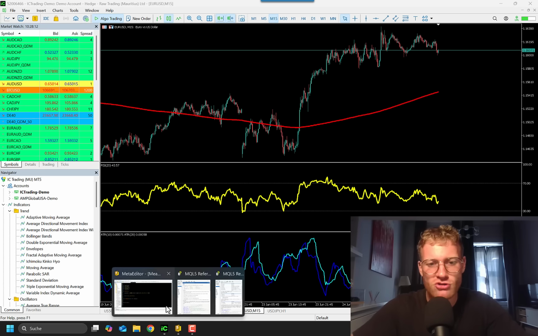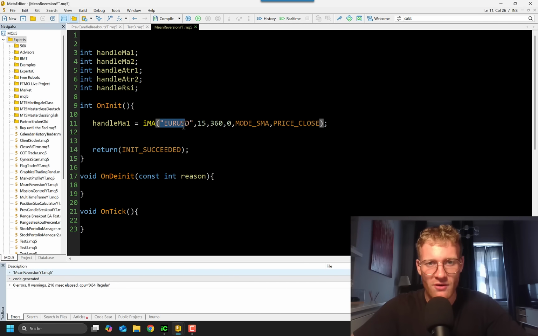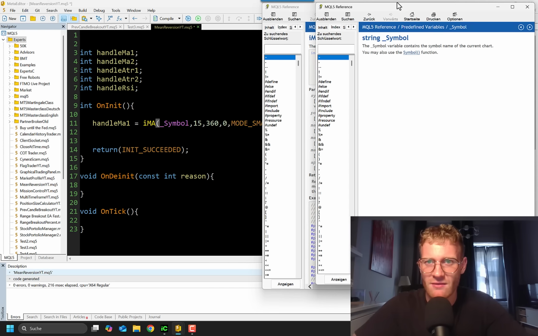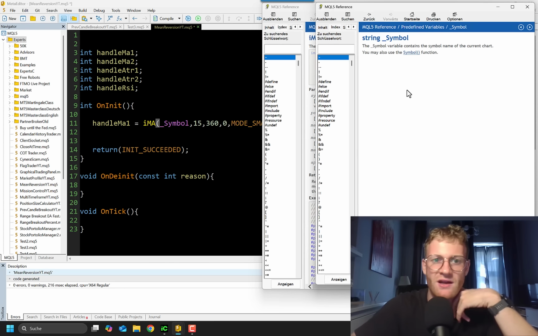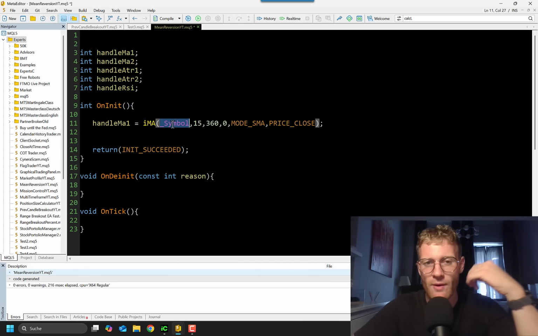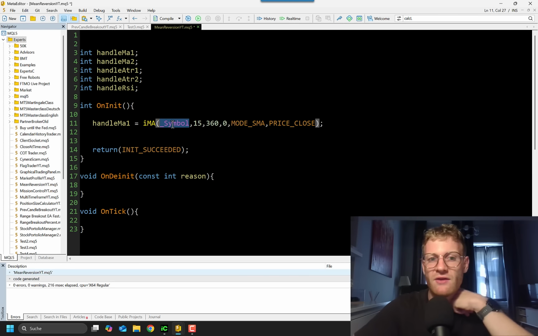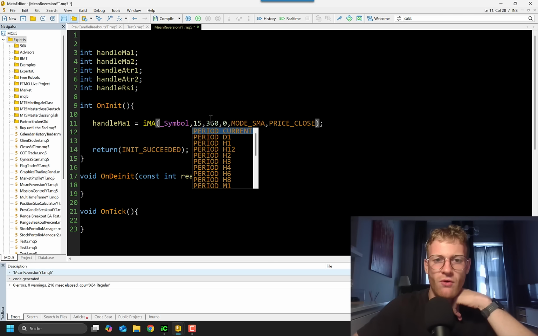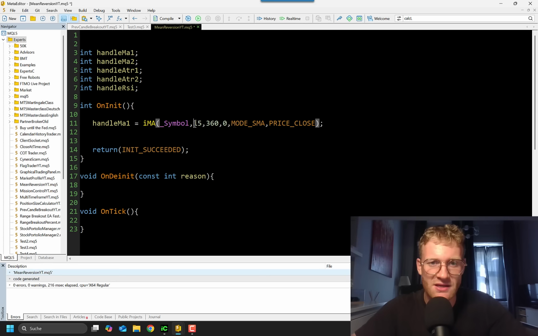And this can also be done in the programming. Instead of hard coding euro US dollar here, we can write _Symbol, because if we have a look at the reference again, click F1, the _Symbol variable always contains the symbol name of the current chart. So if we run this in euro US dollar, for example, _Symbol will be replaced with euro US dollar. If we run it in USD Japanese yen, it would be USD Japanese yen. Same goes pretty much for the time frame. Like here, this is our